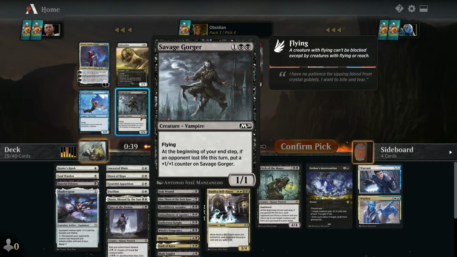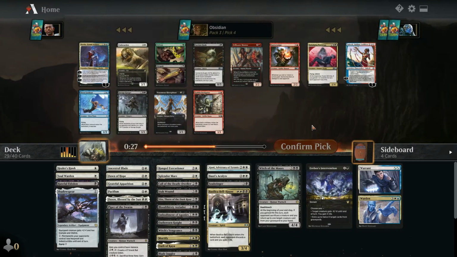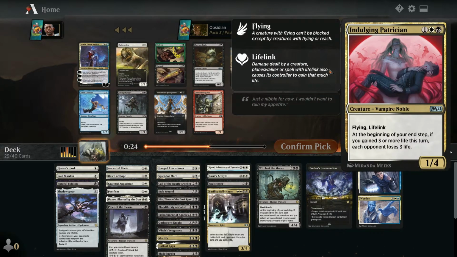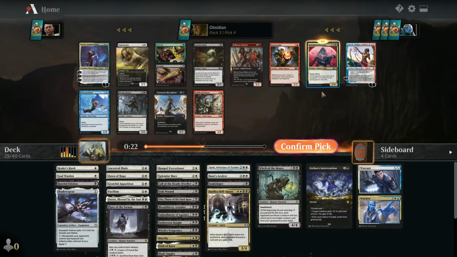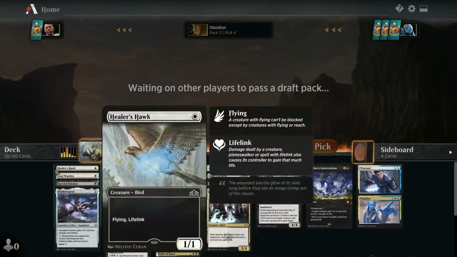If an opponent lost life, put a counter on him. That's pretty sweet. Is Dovin good? I really haven't played with him. He might be good for this deck. I don't think he's as good as Indulging Patrician, though. This is pretty on brand for us. I don't know how often we're going to get 3 life gain, though, or...